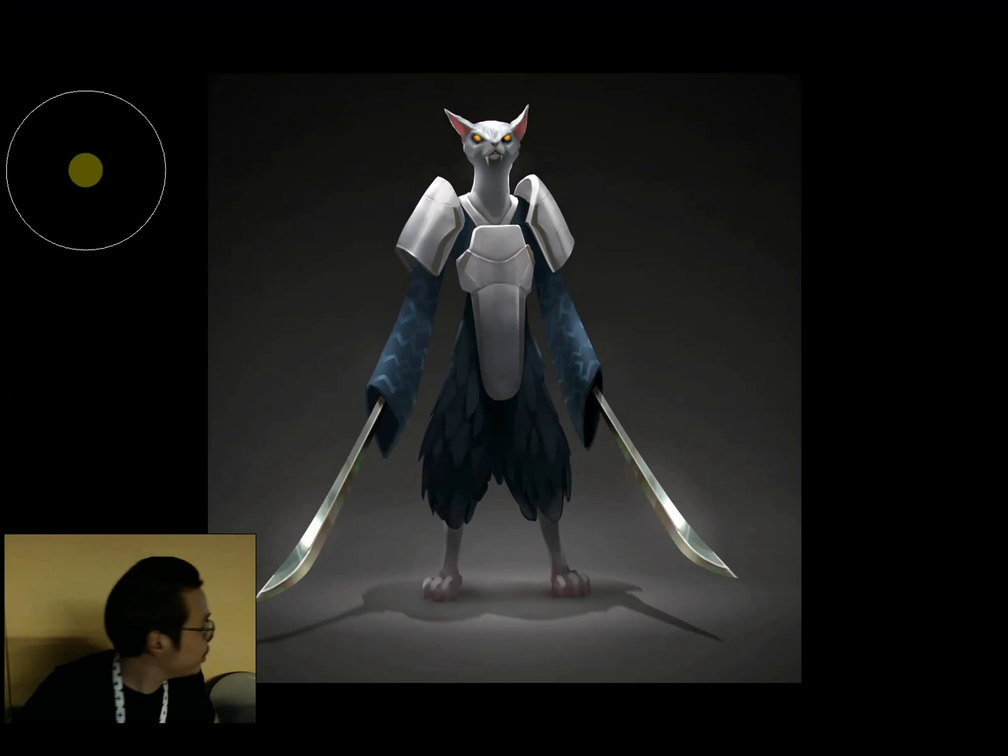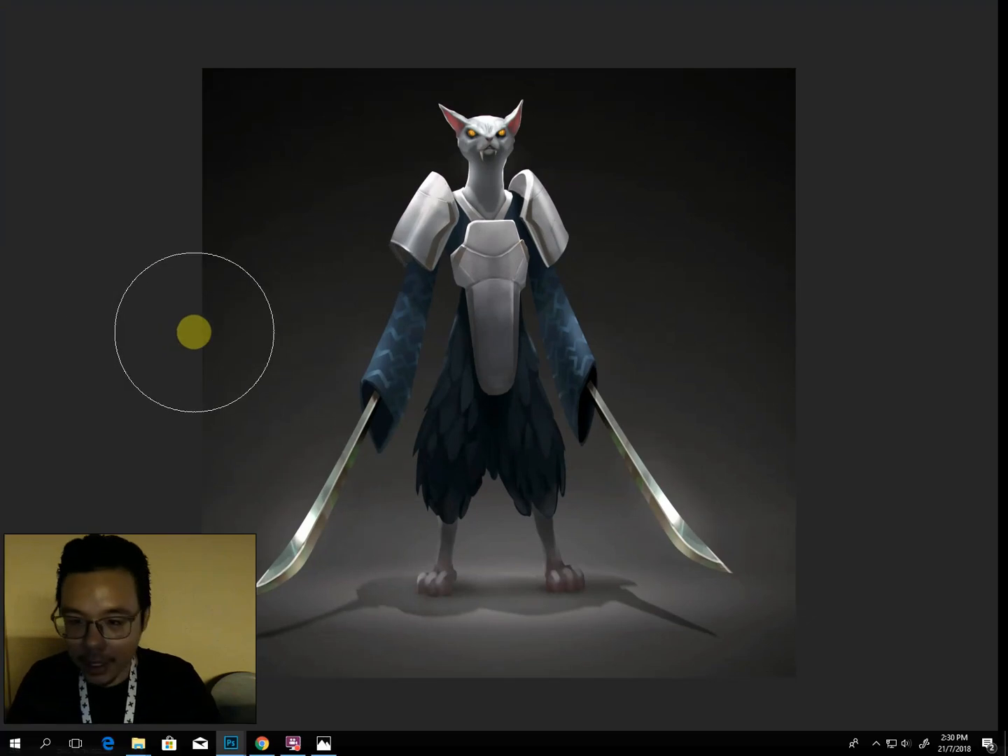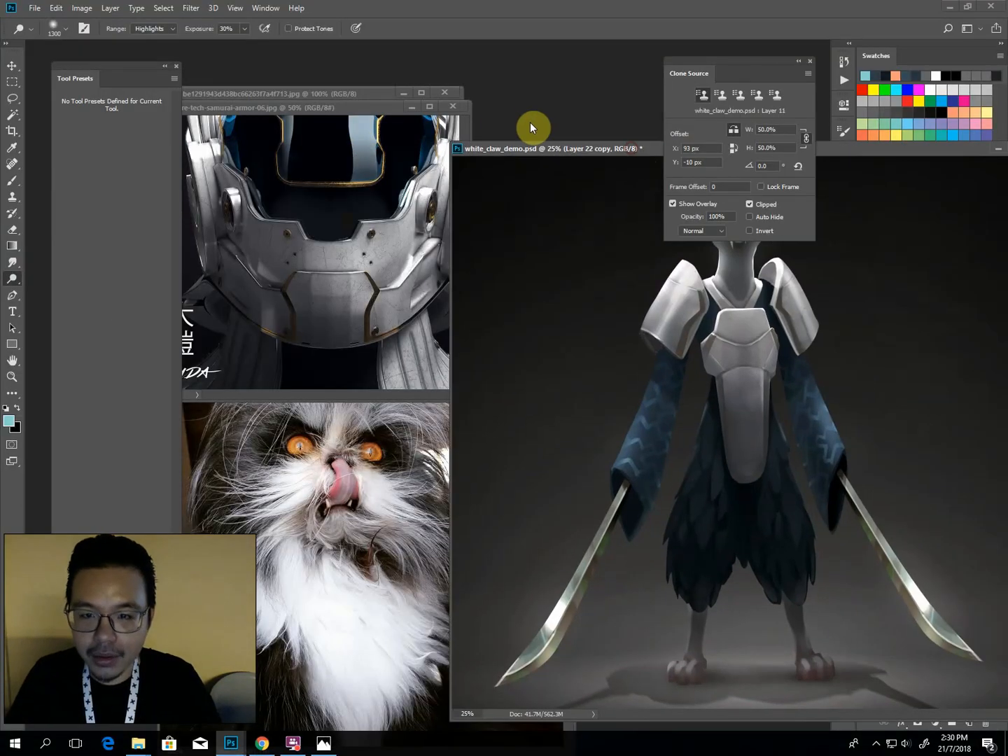Okay, so we have our character done. Like I said, white armor is a bit tricky. I might want to play with the plastic parts a little bit more. And if we compare side by side to our other character,